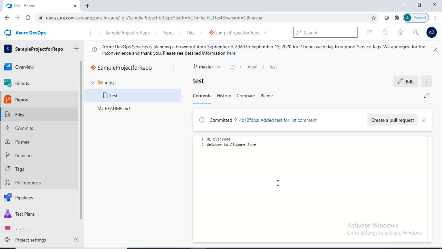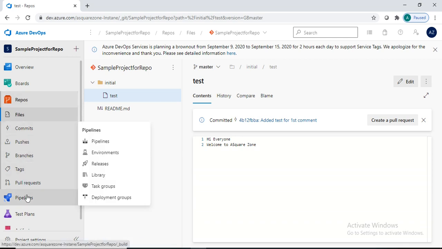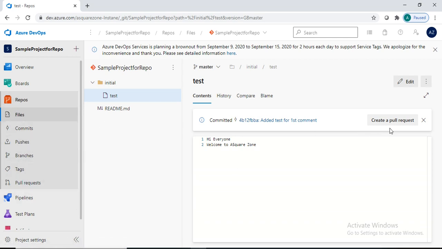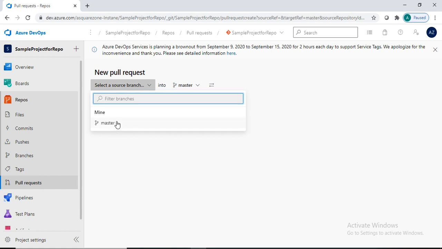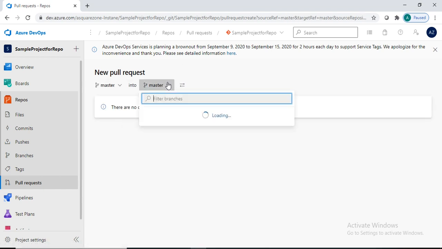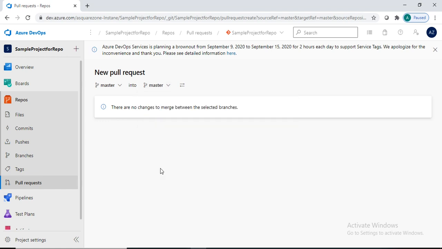Now I'm going to show you one more thing. Create a pull request. Here you will get the list of features. Now I'm going to create a pull request. Pull request means it is getting the permissions from reviewers, and we can match our code with the master branch. See here, as we don't have any features, only the master branch, it is getting only master. If you have any other branches, you can give the pull request. I'm having only one branch, so there is no difference between these two, and it is not showing anything.